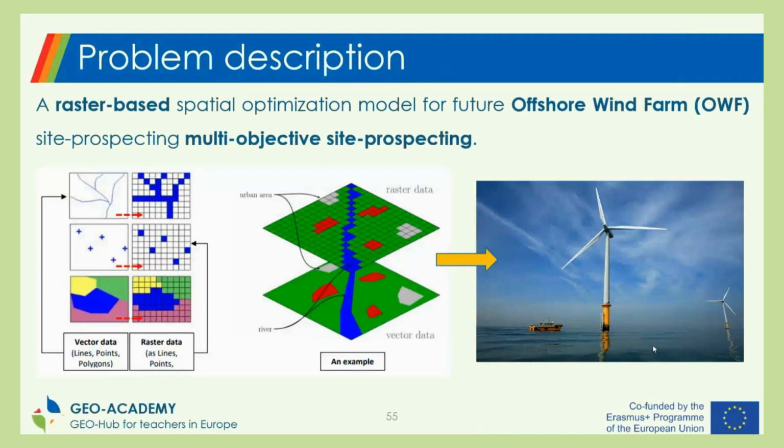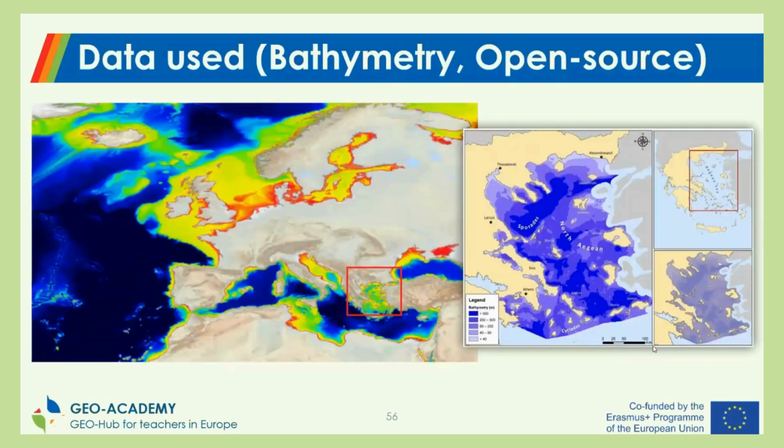optimal areas here in Greece, in the Aegean Sea, and place their offshore wind turbines. This is something that we're going to test for France during our workshop later. So this is our study area here in Greece, and the core idea is that we are preparing maps of different criteria that the students are using, those maps and those criteria. They are combining those maps somehow, we will show how, and they are trying to spot a place in the